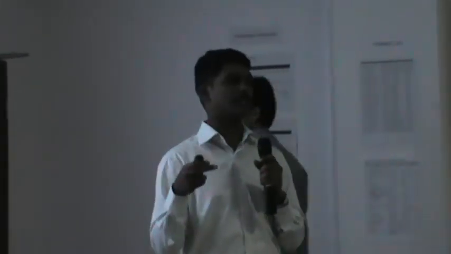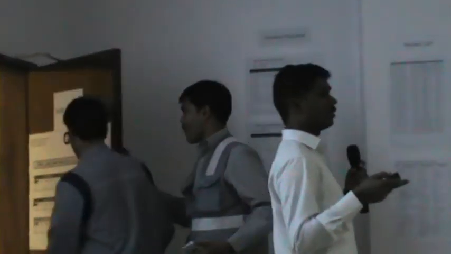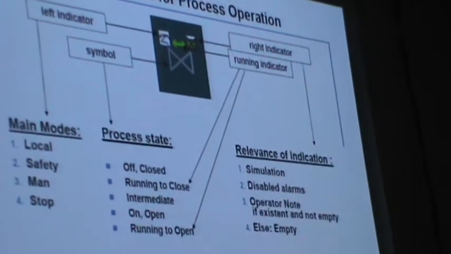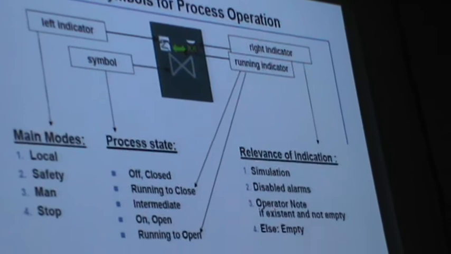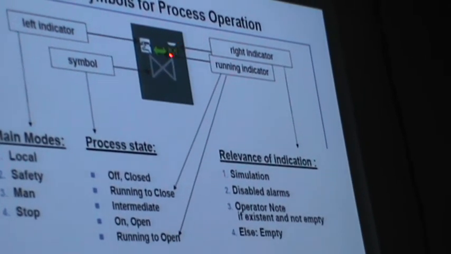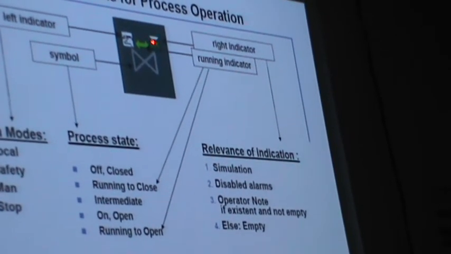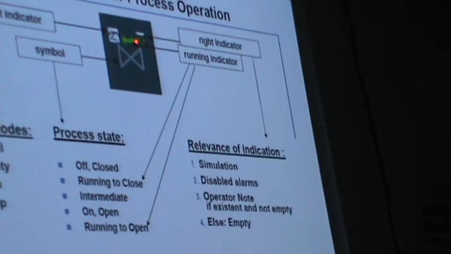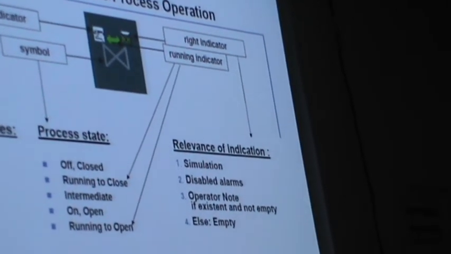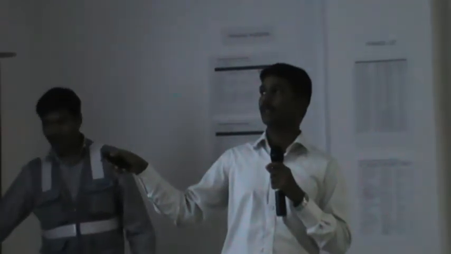This will indicate if the operator selects a simulation mode, like you forced some value from the engineering station. The operator should know this value is forced by seeing the graphics. He should know this is the simulated value, not the value from the field. So for that you will get the simulated indication here. This is not the simulated indication, I will show you, but this is the alarm inhibited indication. But here you will get the simulated indication. So the operator can easily come to know this is not a direct value coming from the field, this is simulated from the engineering station. That information will be on the right side of this object.